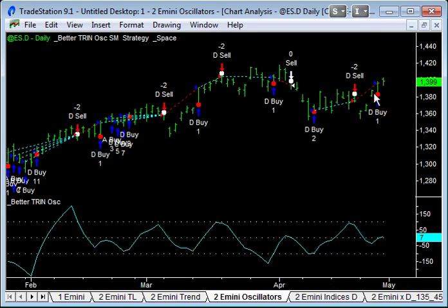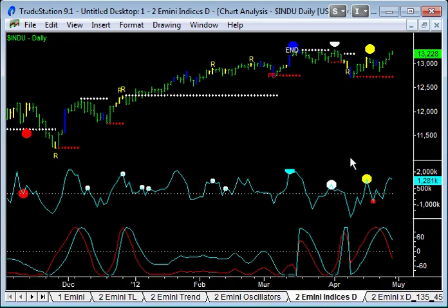The trend systems have flicked the other way, so we're in a buy cycle here, but it's pretty weak in terms of the trend oscillator, and I think on Monday we'll have some weakness, and I'll show you why. And in terms of the indices, we've got these cyclical patterns on the daily chart that say we're likely to start lining up,